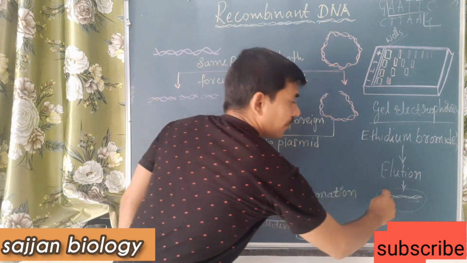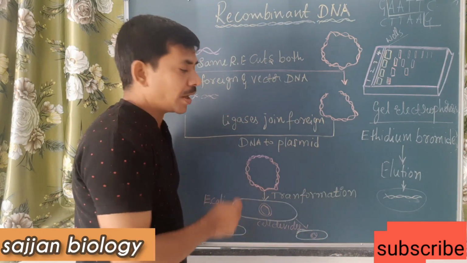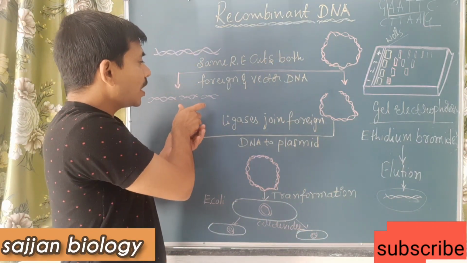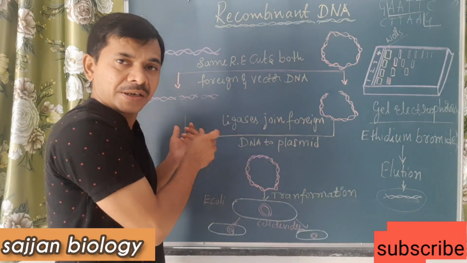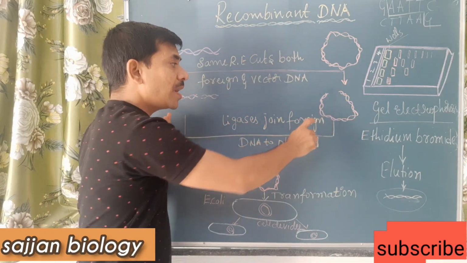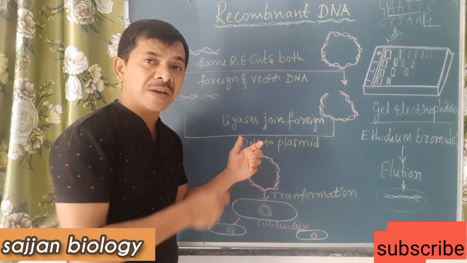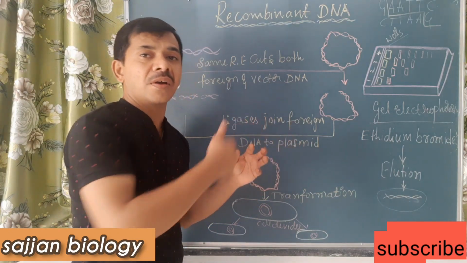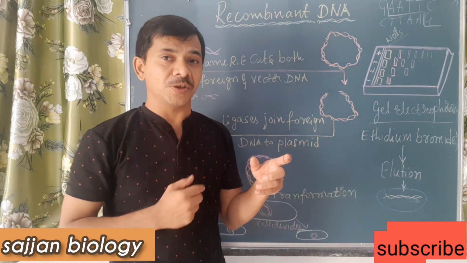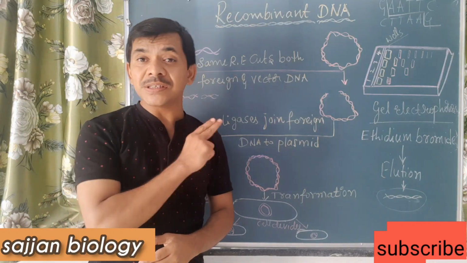You can see here finally the fragments which we obtained from the electrophoretic slab. And these fragments we are using to construct the rDNA. The foreign DNA we have already treated and collected the specific fragment, and this fragment we are combining with the vector DNA by using the DNA ligase enzyme. The DNA ligase is an enzyme which joins the foreign DNA with the vector DNA. That is the reason we call DNA ligase the molecular stitches, and the restriction enzyme the molecular scissors.